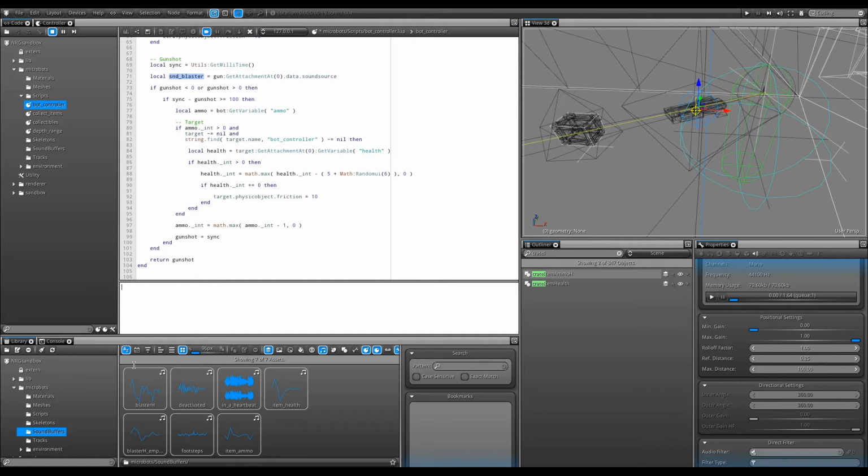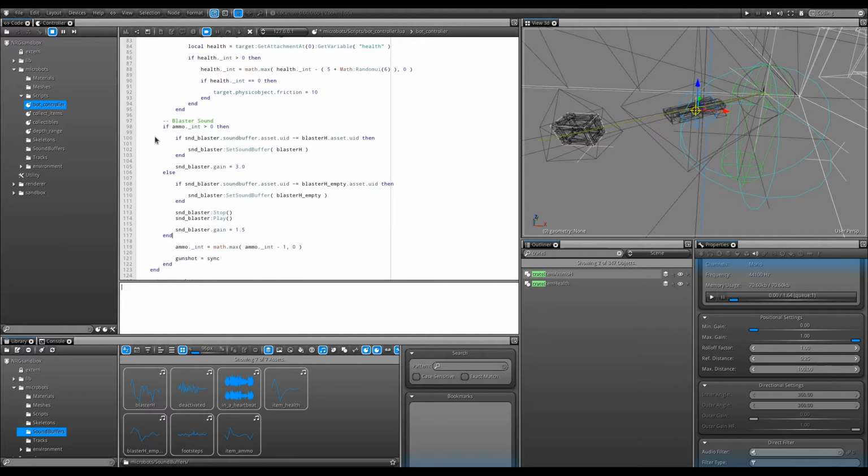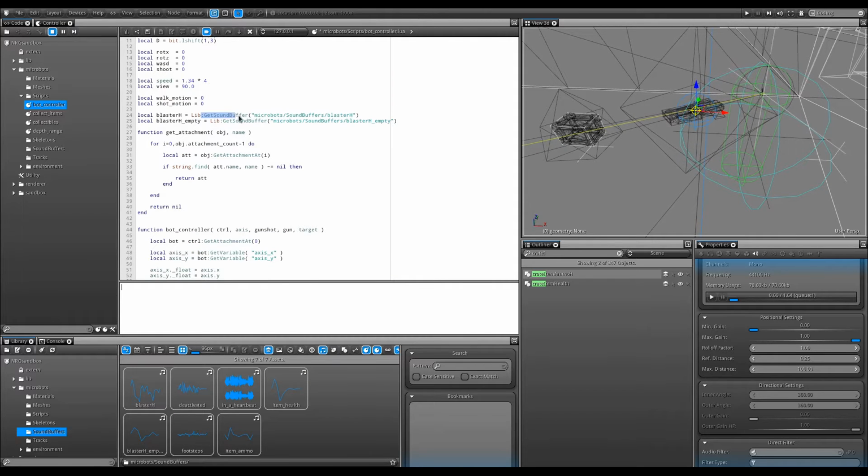I am going to paste this block of code when I am actually shooting, in this location here, right below, right before I am actually taking down the ammo. If my ammo is at this point greater than 0, I'm going to check the actual sound buffer that is connected to my sound blaster. So if my sound buffer asset unique ID is different than the blaster asset unique ID, the blaster being the one that we have here, our sound buffer,